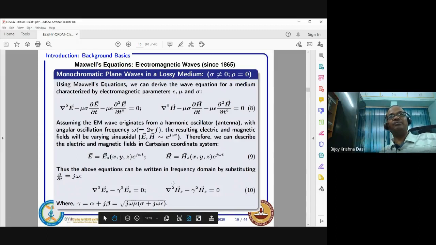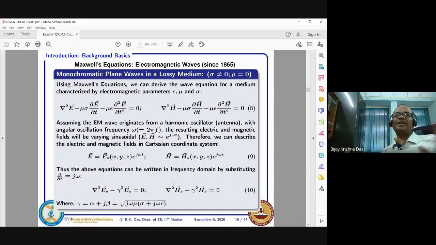The mathematics is the same. You have to deal with this formula only, no other option, because this is directly coming from Maxwell's equation and it is universally true. The only thing is what your situation is, what your material system is, and how you are framing your problem. Depending on that, you can consider this. So it is clear now. Fine?